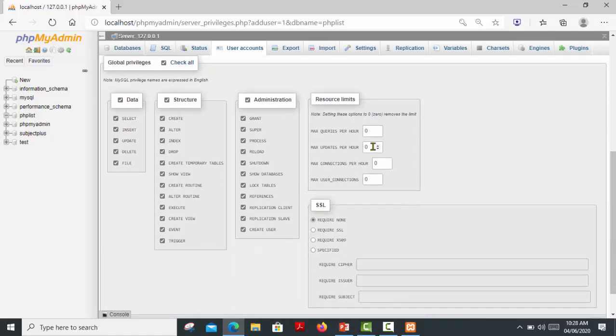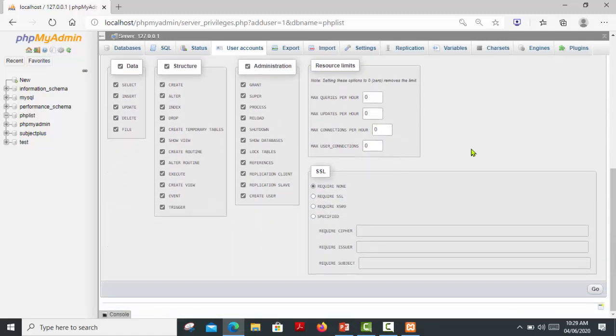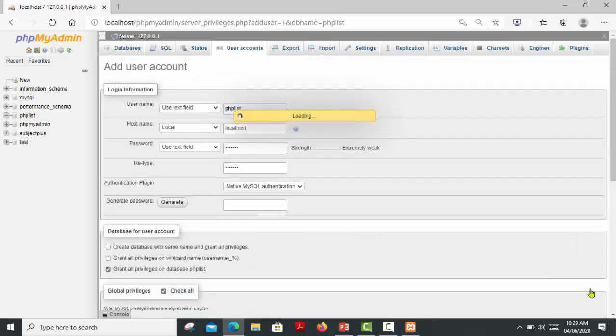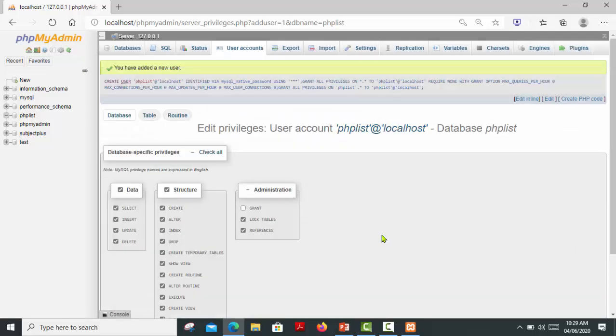To save the settings and create the user, click the Go button, which is on the right side of the screen. In such a way we can add a new user in phpMyAdmin. You can see here that the user phplist at localhost is created. This creates our database and user.